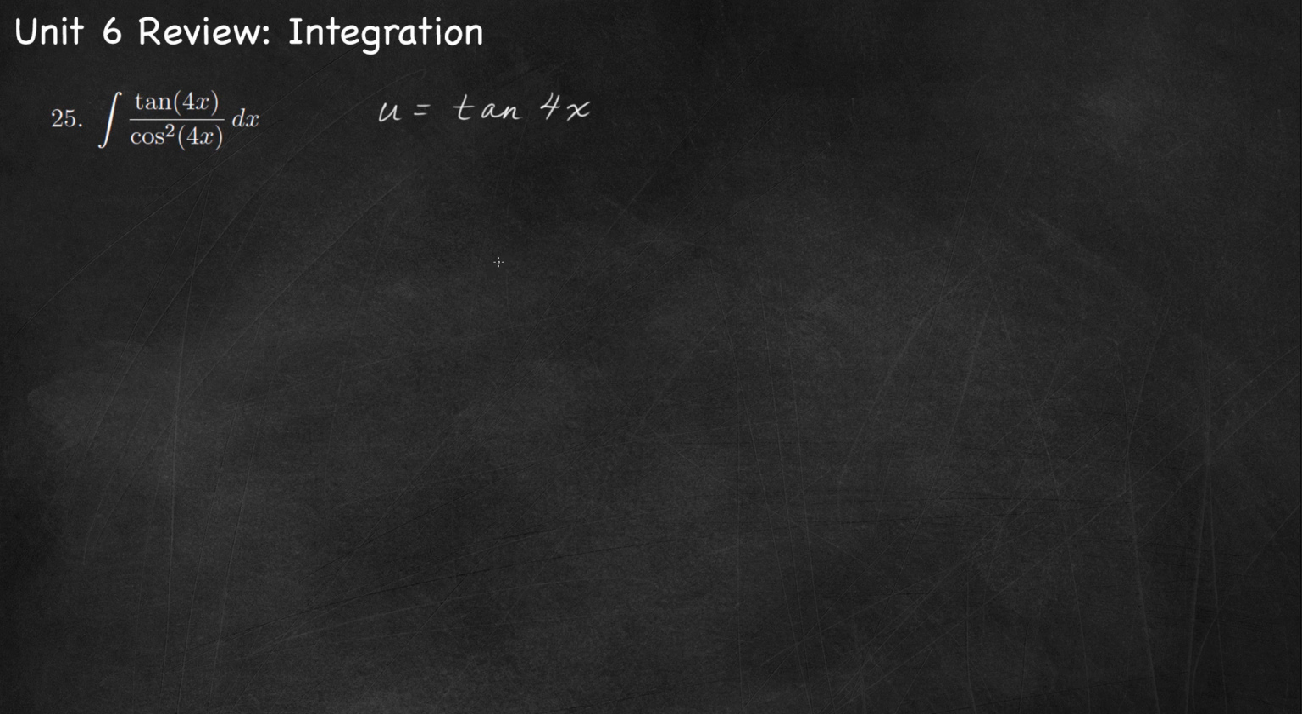Then we're going to take the derivative of that. The derivative of u with respect to x, so du dx equals, and to take the derivative of tan 4x, we need to use the chain rule. This is tangent of stuff. So the derivative of tan stuff is secant squared stuff times the derivative of the stuff, so times 4. Now the 4 we don't have in the original problem, so I'm going to divide both sides by 4, and I'm going to multiply both sides by dx,